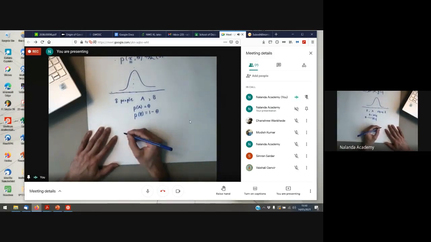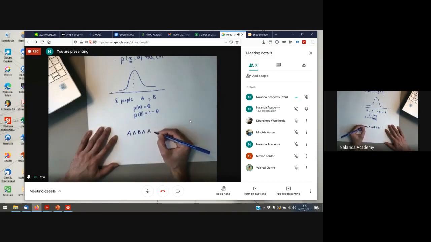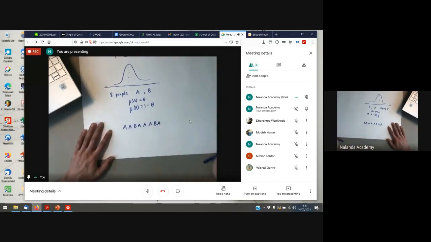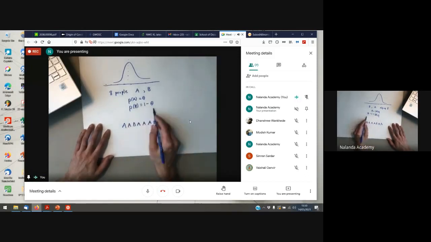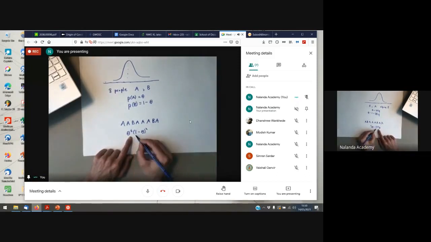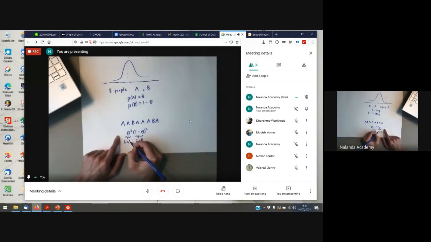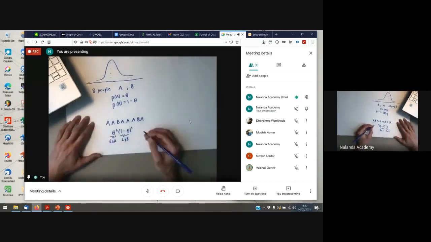Right? And so if you ask 8 people and they give you answers A, B, A, and so on, 1, 2, 3, 4, 5, 6, 7, A. From your random sample, you just happen to come across this set of events, and you ask yourself, what is the probability of obtaining that? I know that the probability of A is theta, so this is theta to the 6th, times 1 minus theta squared. It's the probability of obtaining 2 times B and 6 times A, and they're all independent. Okay, so if I were to plot this,